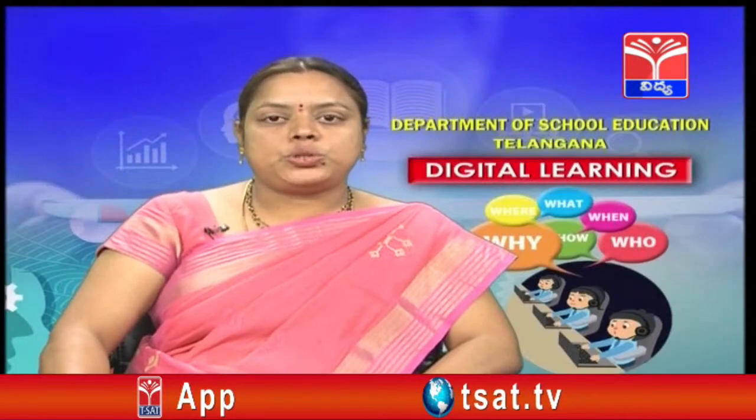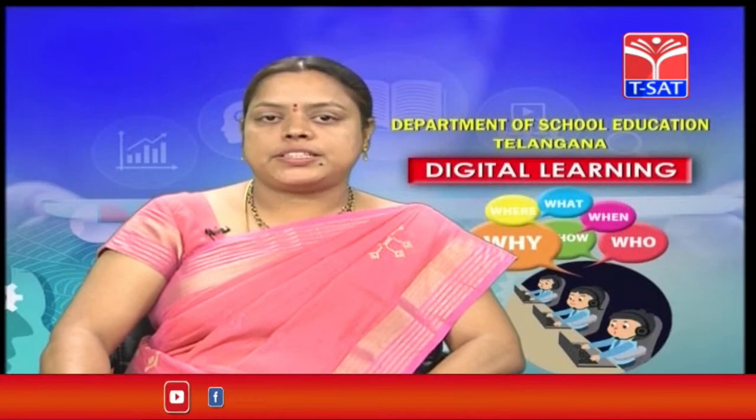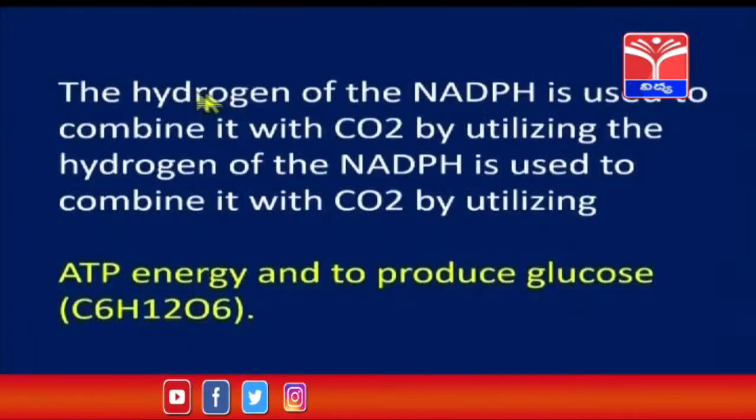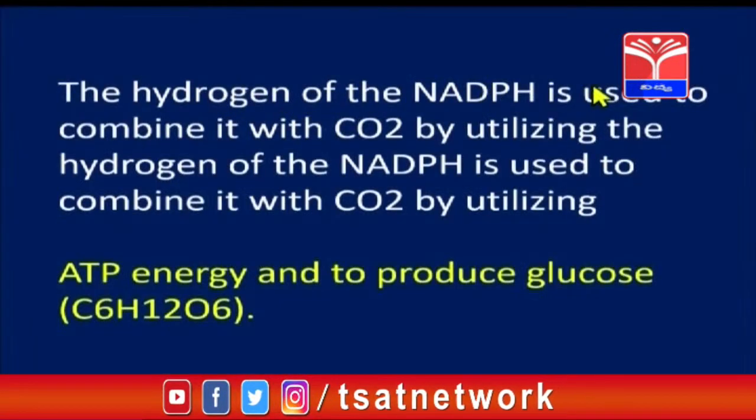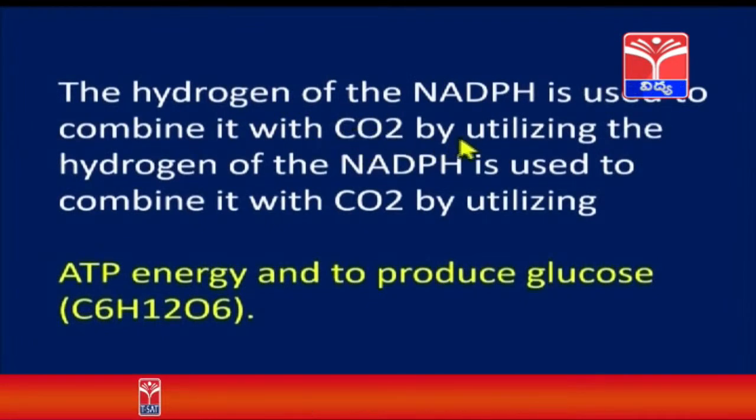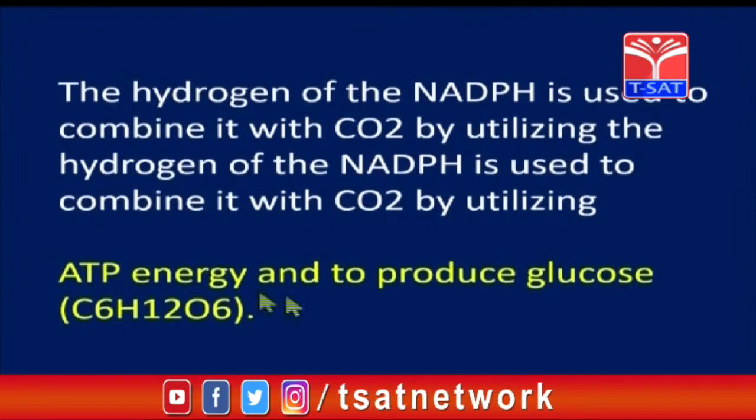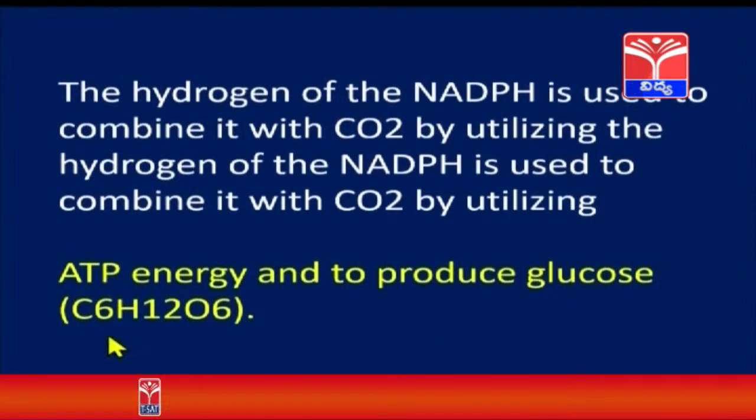Now, in step 2, a major event takes place. What is that? The hydrogen of the NADPH is used to combine with carbon dioxide. That is, the NADPH will combine with carbon dioxide, and it also uses some energy and produces glucose. The glucose formula is